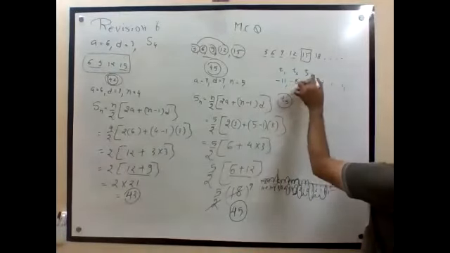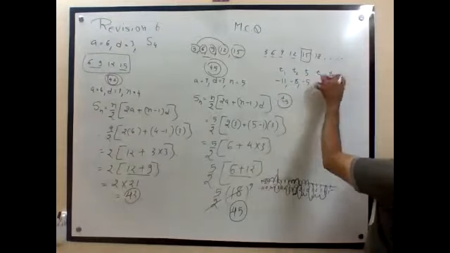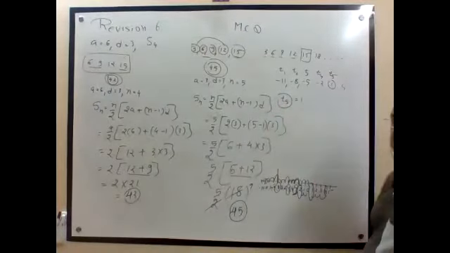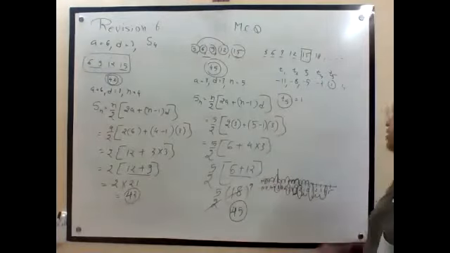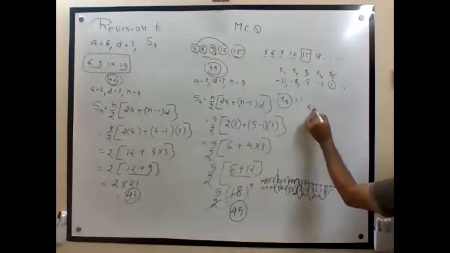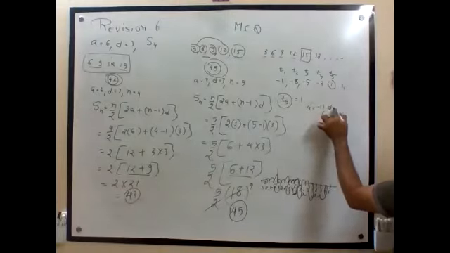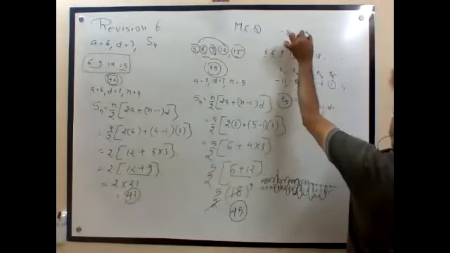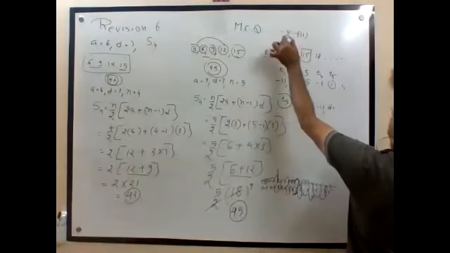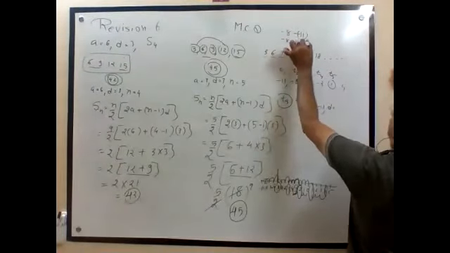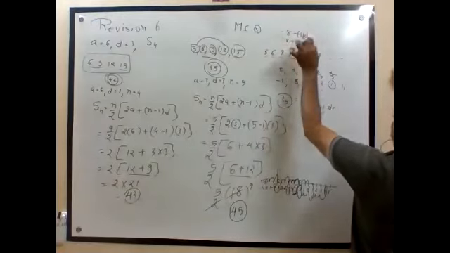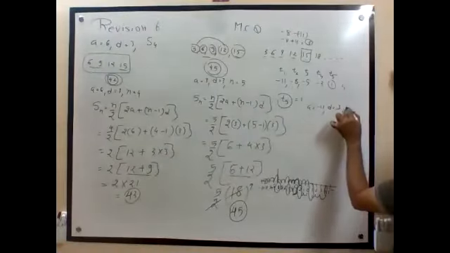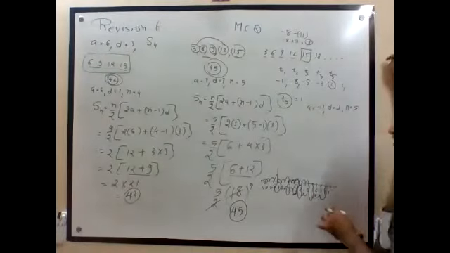So T1, T2, T3, T4, T5. So what is T5? This is direct by logic calculation. Now your A is minus 11. Your difference is this minus this: minus 8 minus minus 11, which is plus 11. 11 minus 8 is equal to 3. So your difference is 3 because it is an increasing series. And you want the fifth number.